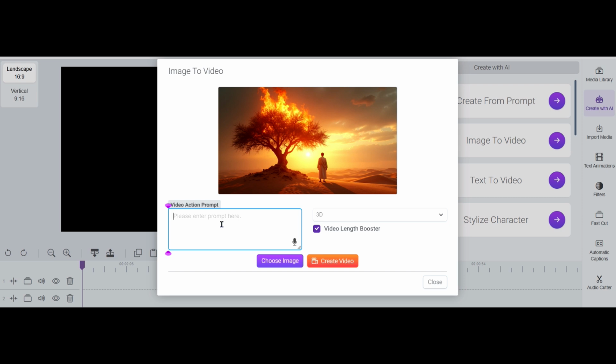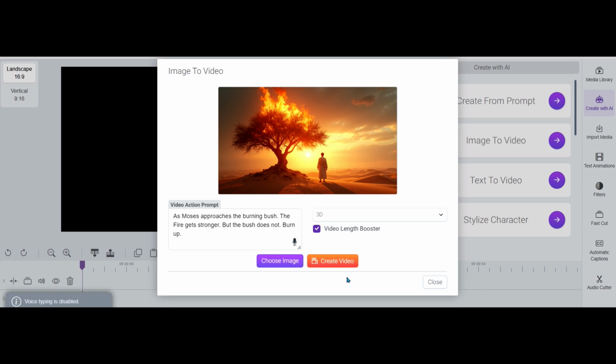Okay, so what's the action we want here? Well, we've got Moses and the burning bush in the desert. So let's say, Moses approaches the burning bush. Now actually, I like using this because I can speak and it types more accurately and faster than I can with my fingers. So here we go. As Moses approaches the burning bush, the fire gets stronger, but the bush does not burn